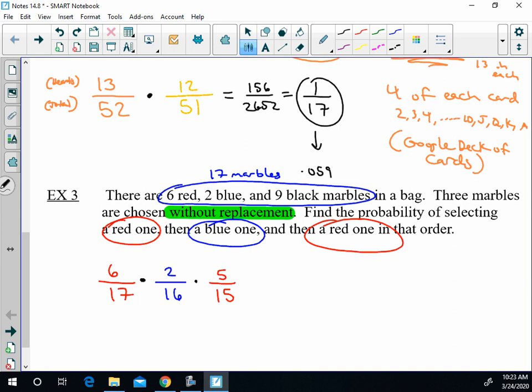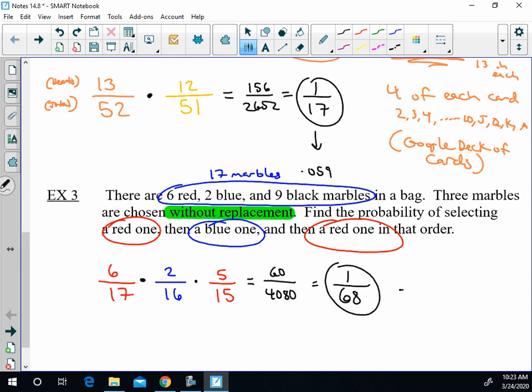Now I go back to red. Well, we lost a red and we lost a blue. The red affects our top number 5, and the blue and the red missing affect our bottom number, which was 17, now is 15. Okay. You could do some cross-canceling here. The middle blue fraction could become 1/8 times 1/3 if you want to do that. If you have a calculator, it's not bad to just multiply the top, 60, multiply the bottom, 4,080. All right, go ahead and simplify that down to 1 over